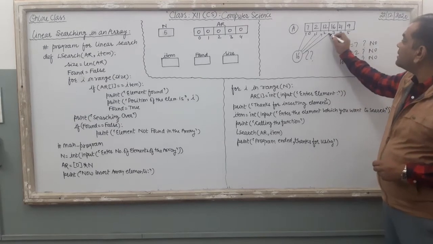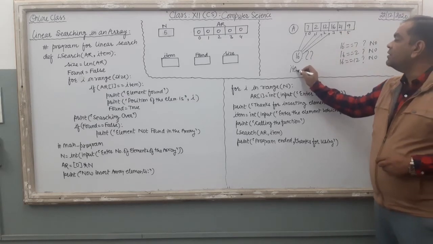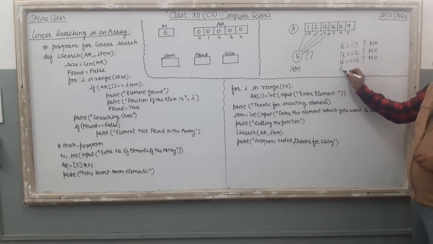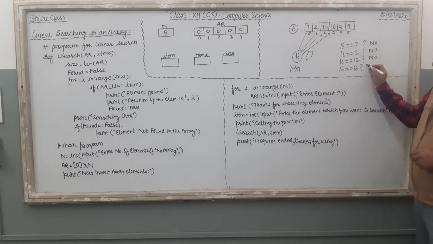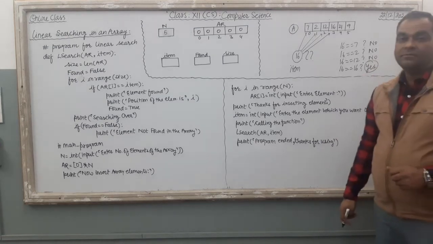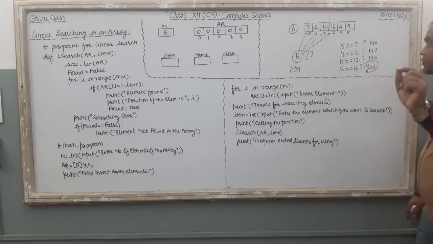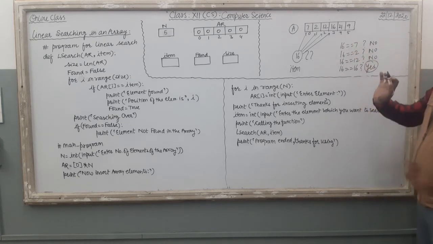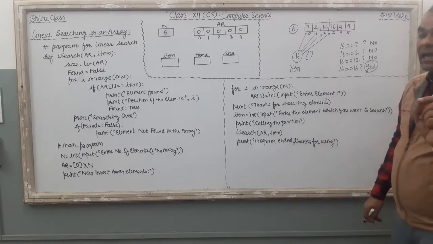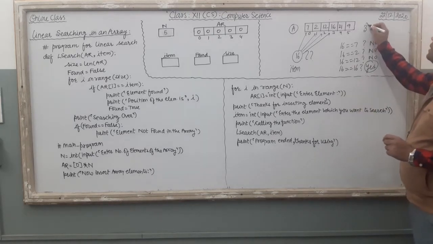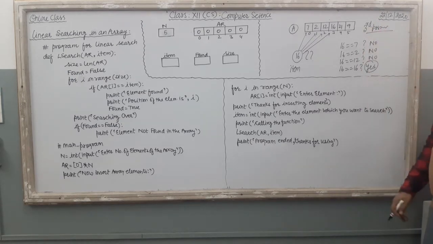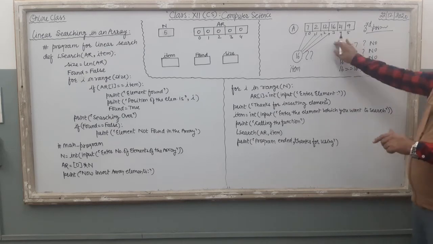Then you compare your item value, which you want to search, with the third position element. Here 16 equal to 16, and once you get a true result, you show the position of the element. What should your message be? Element found, and the specific element is at the third position in the array. Clear? Once you get the element, then you show the position.